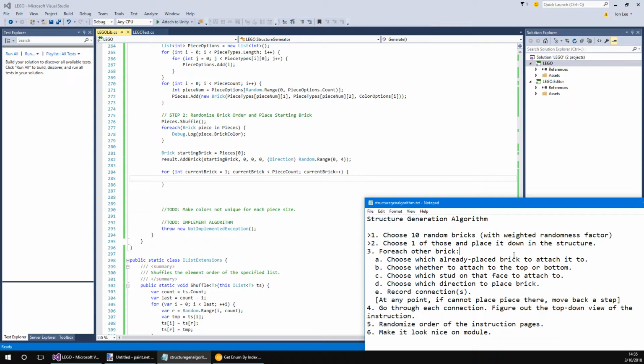Choose which already placed brick to attach it to. So this is easy, but the thing I have to consider here is if eventually I get down the chain and I can't actually place the brick there, I have to figure out how I can go back and choose which brick to not, or how do I say this? I can't choose that brick again, or else it might just get stuck in an infinite loop. So how I'm going to do this,